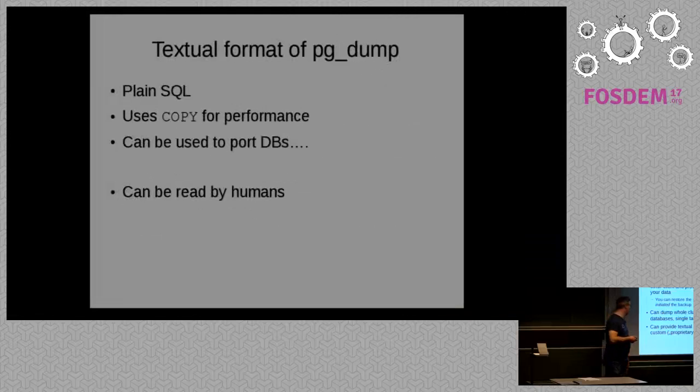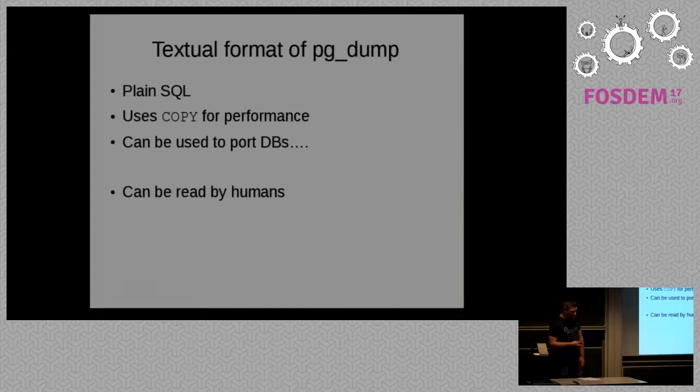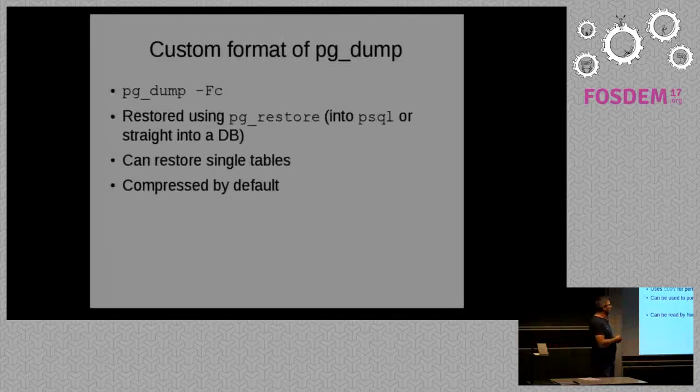So, plain text is plain SQL, uses copy if you don't tell it to use insert because you want to port to MySQL. It can be read by humans, which is a big advantage, right? Then there's a custom format, which is basically compressed text, I think. So you cannot pipe that into psql as you can with the text. You have to use pg_restore and pipe that into psql because it will again give you the text. It can restore single tables